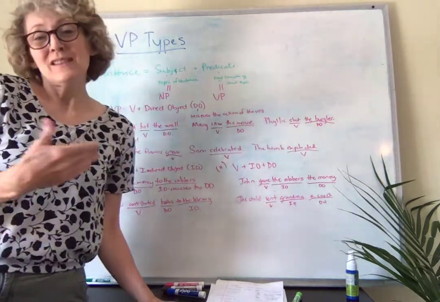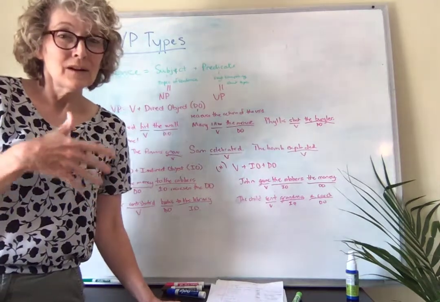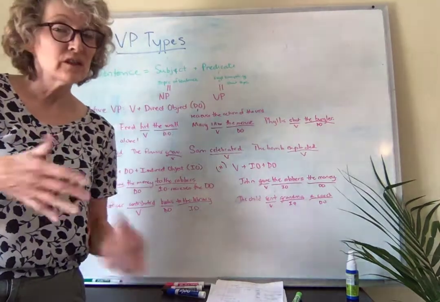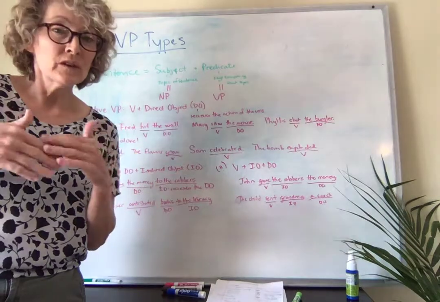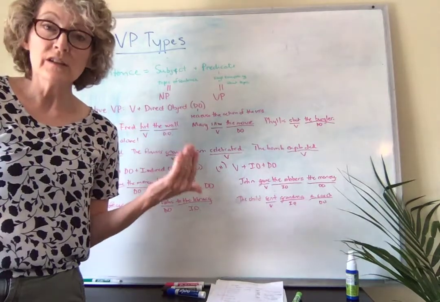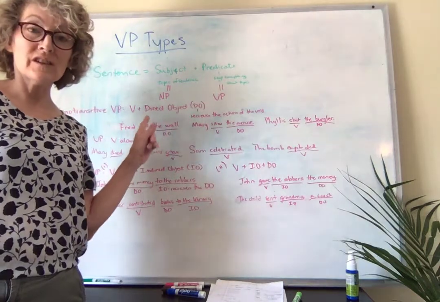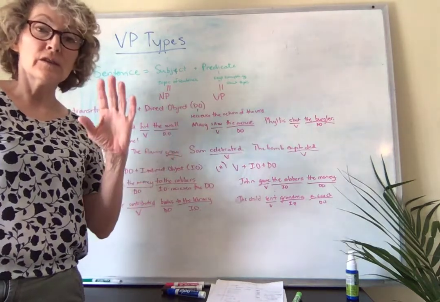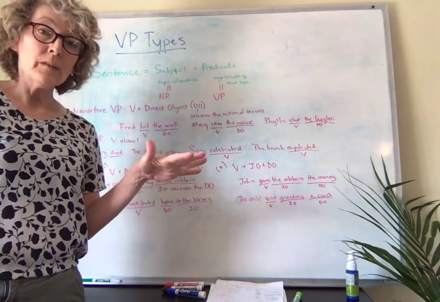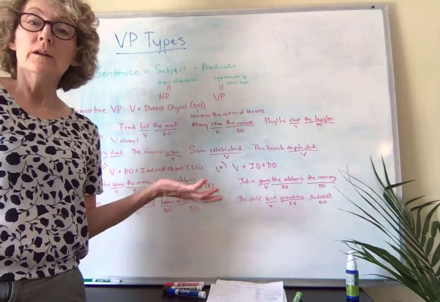So this is probably the second most common type of sentence that you'll find in English if you look through novels and think about conversations that you have. These are very, very common. They're not as common as the monotransitive. The monotransitive are definitely by far the most common, but after that is probably the intransitive.